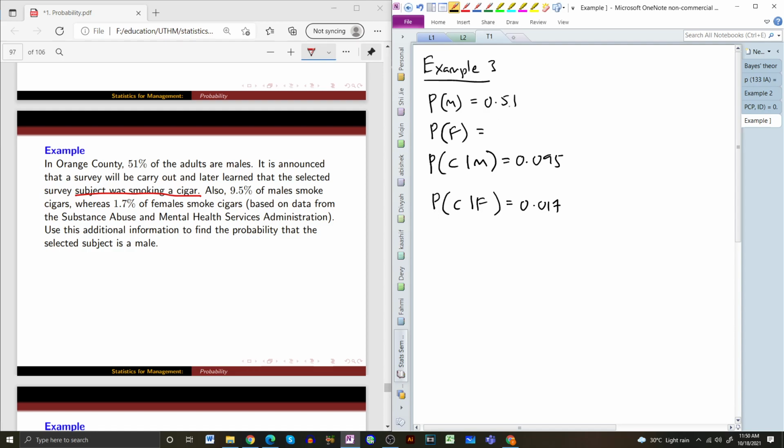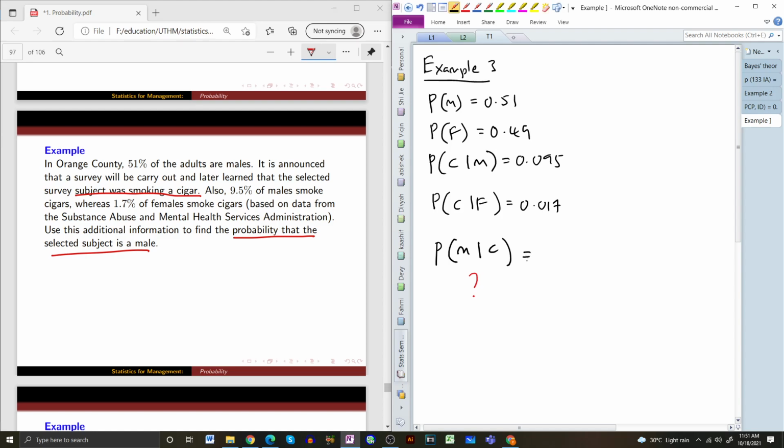If male is 0.51, then female is 0.49. Use this additional information to find the probability that the selected subject, who smokes cigar, is a male. Given the person is smoking cigar, is a male. So as usual, this is equal to,